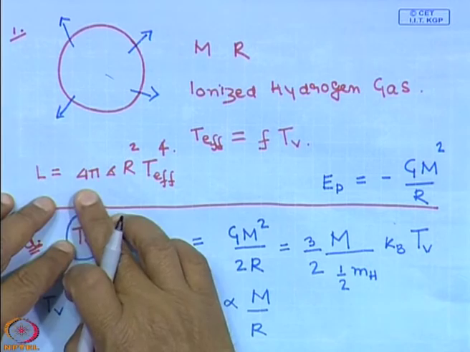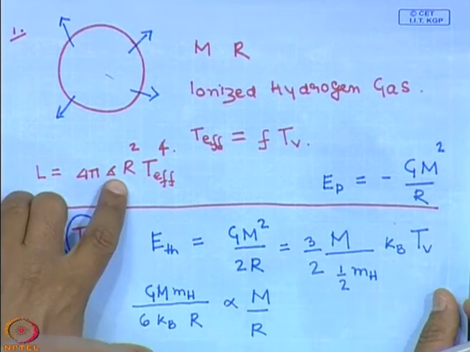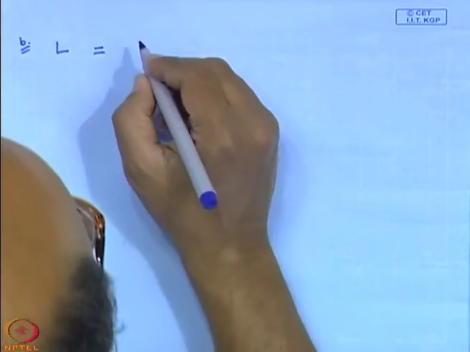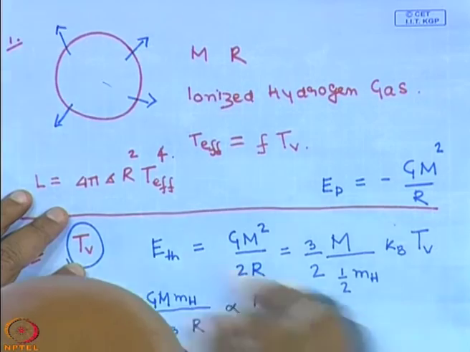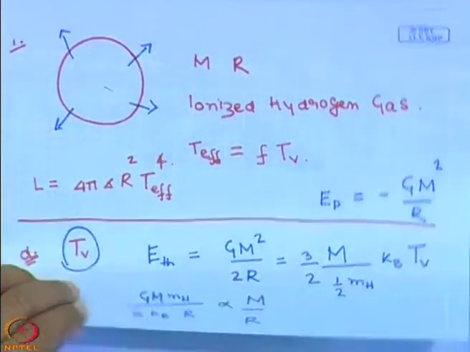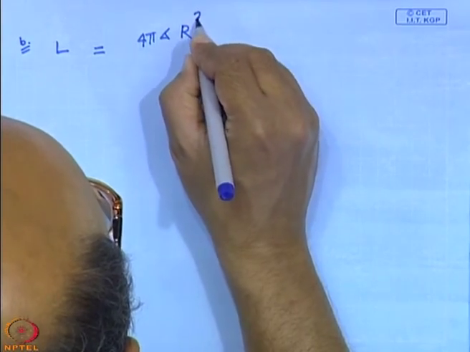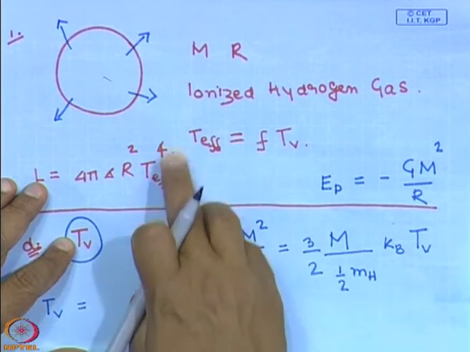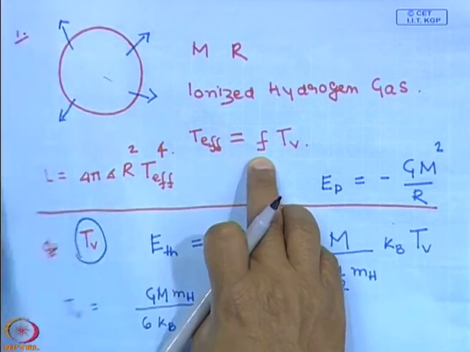So, let me just keep the factor of 4 pi as it is, 4 pi, and then we have the Stefan-Boltzmann constant sigma. Let me write those factors down: 4 pi sigma, and then we have r square, then we have this T effective to the power 4, which we can write in terms of the virial temperature. So, we have